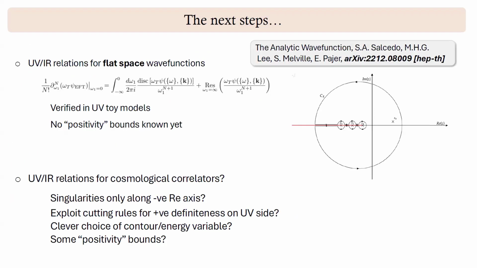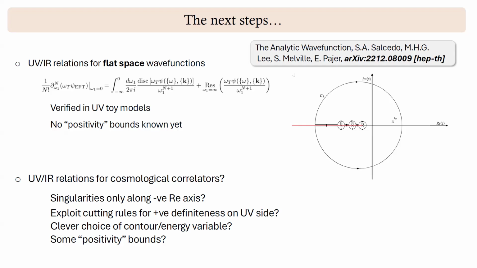Finally, there's a hope of being able to do something along the lines of deriving some form of positivity bounds, which is what these people have tried to do. They have studied the flat space wave function coefficient, and they know to all orders in perturbation theory, you will only have poles and branch cuts along the negative real axis in energy variables if you hold all other variables fixed. And using that and complex analysis, they have shown this relation, which they have verified for some UV models,